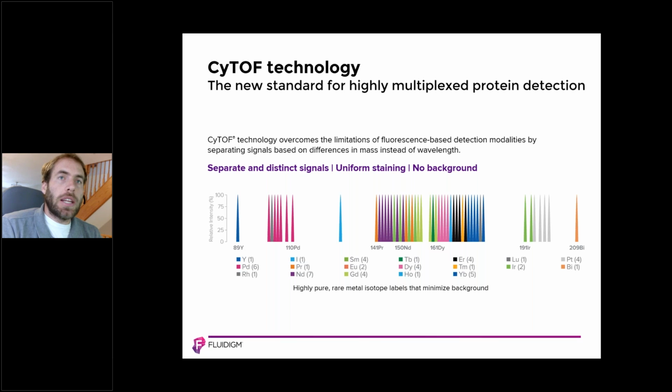We have uniform staining, right? The difference between the peak sensitivity on the instrument and the sides of the range of detection is about 2 to 3 times, as opposed to that 10 to the 3rd as you would have for fluorophores. And last but not least, we do not have any background signal, right? So